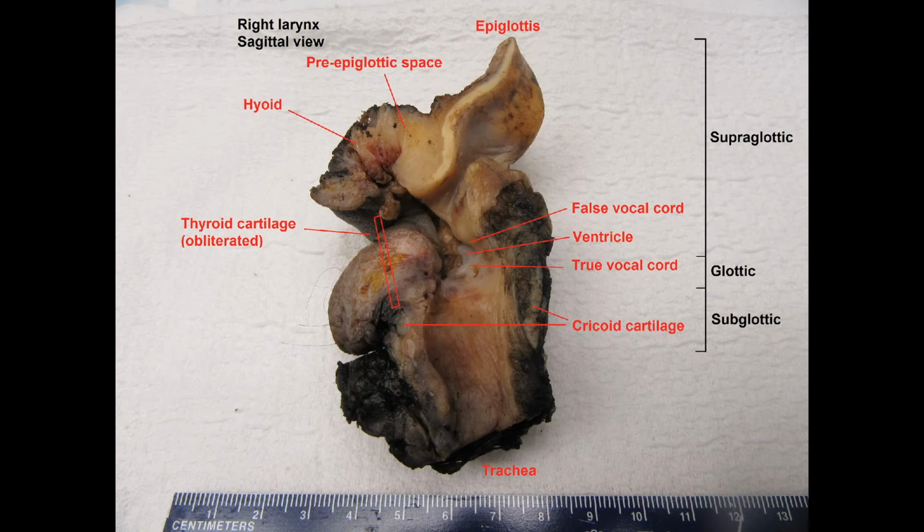And so that'll get localized external beam radiation most of the time. A positive margin that cannot be resolved at frozen section, that almost all the time will get, unless there's a contraindication to radiotherapy, external beam radiation. The overarching exceptions would be if the tumor is truly a T4B and so advanced that it's wrapping around the carotids, or anytime you have major vascular involvement, it's very dangerous to do radiotherapy. Radiation tends to weaken blood vessels as a general rule, and so